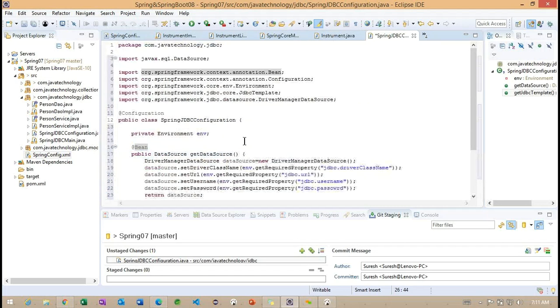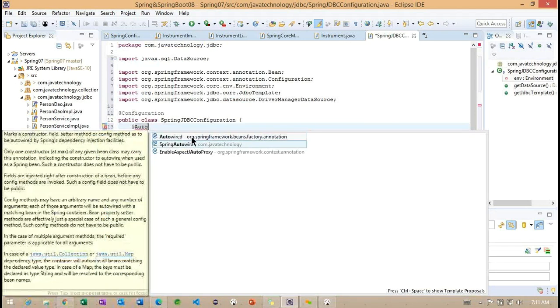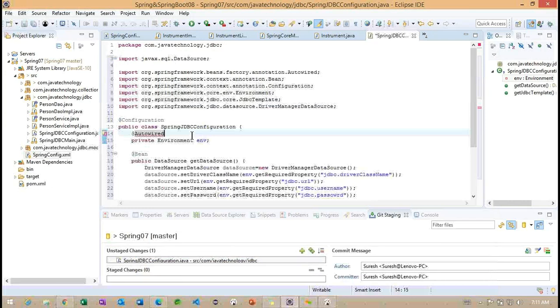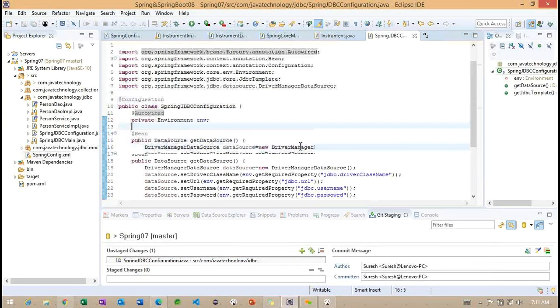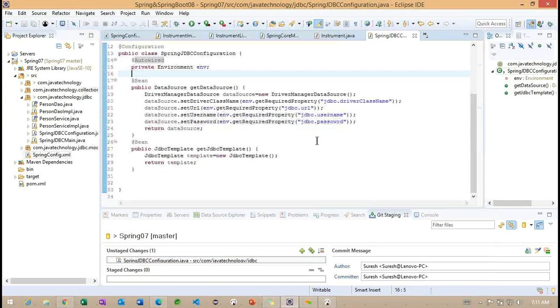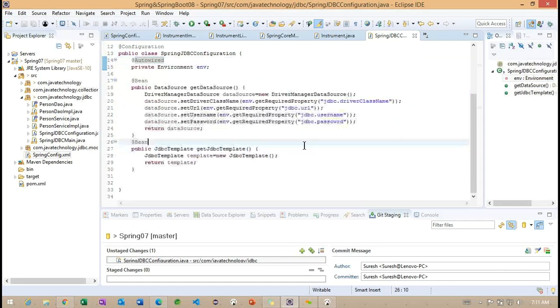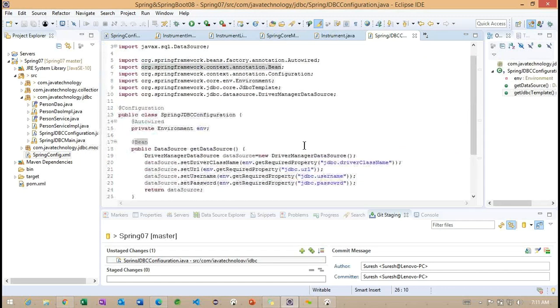Let me make this autowired as well, like we used in the earlier example. So I have created the configuration information here. Getting the point.